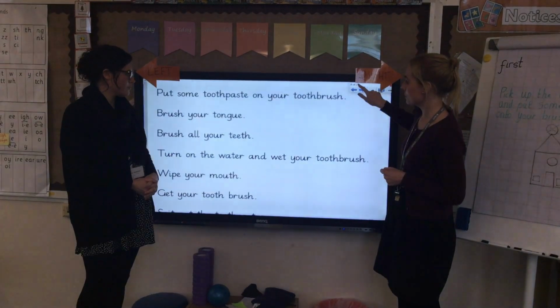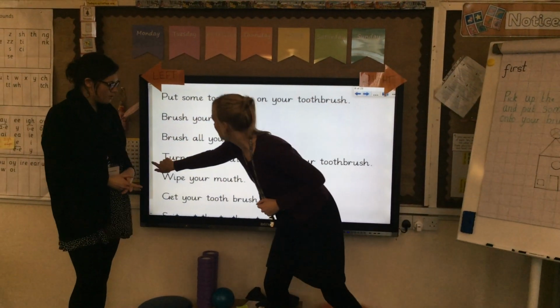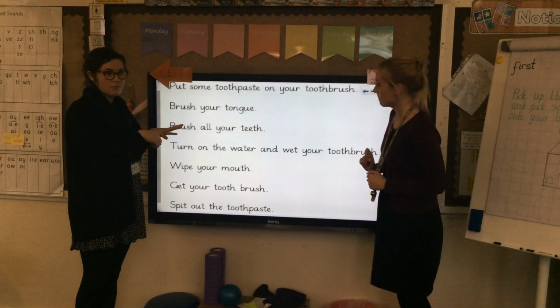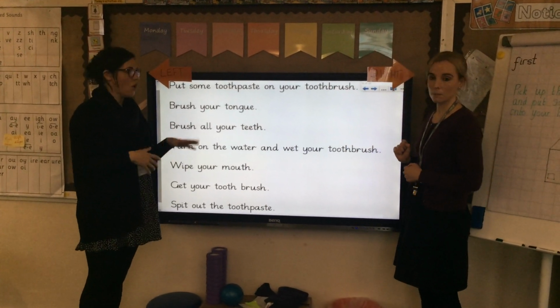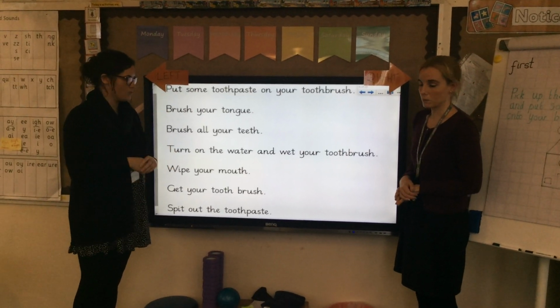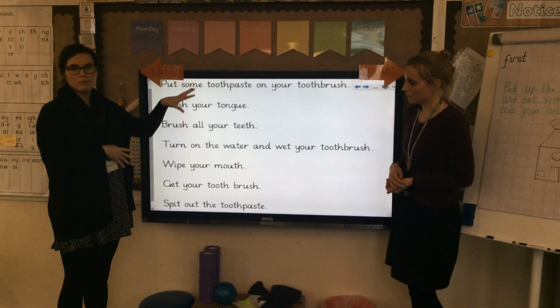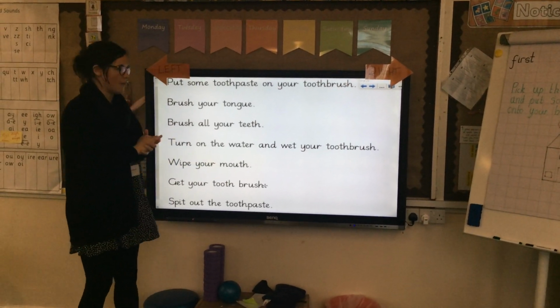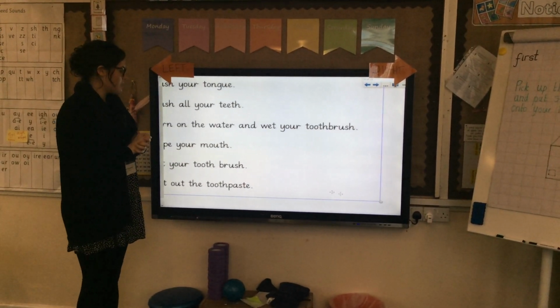So Miss Grouchy, do you want to explain what they're doing? So you will either have these in front of you on a screen, and you can put them in the correct order by writing them down, or you might be able to print them off and then cut them up and put them in the right order. But these are all jumbled up, okay? So they're how to brush your teeth, but they're in the wrong order, okay? So your job is to put them in the correct...